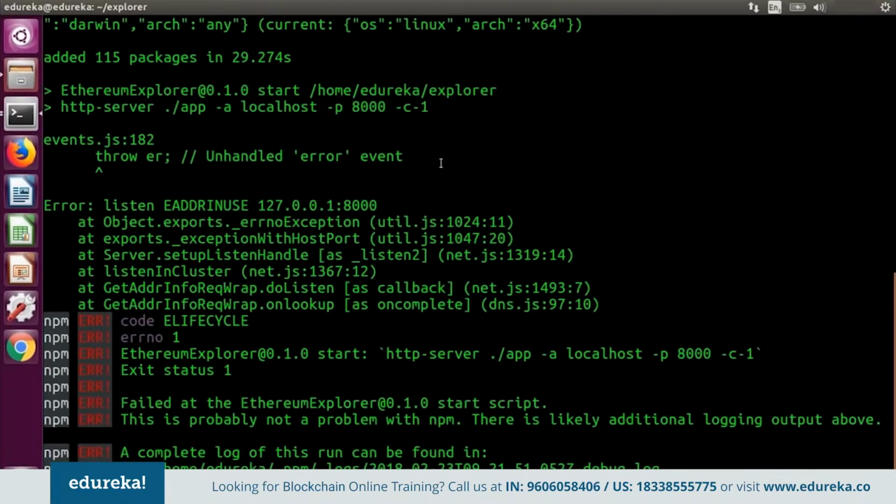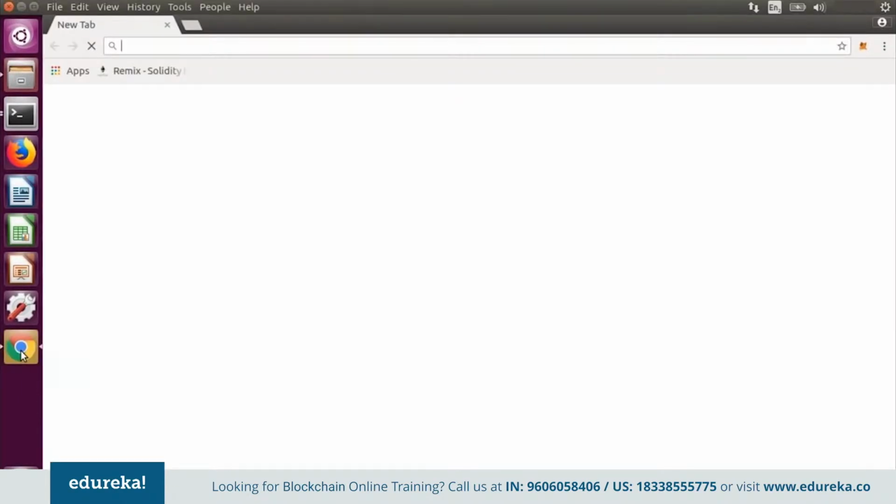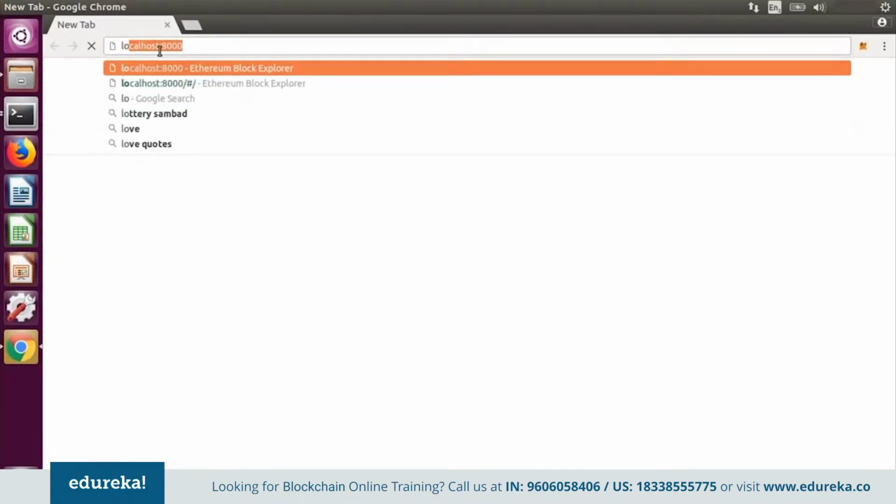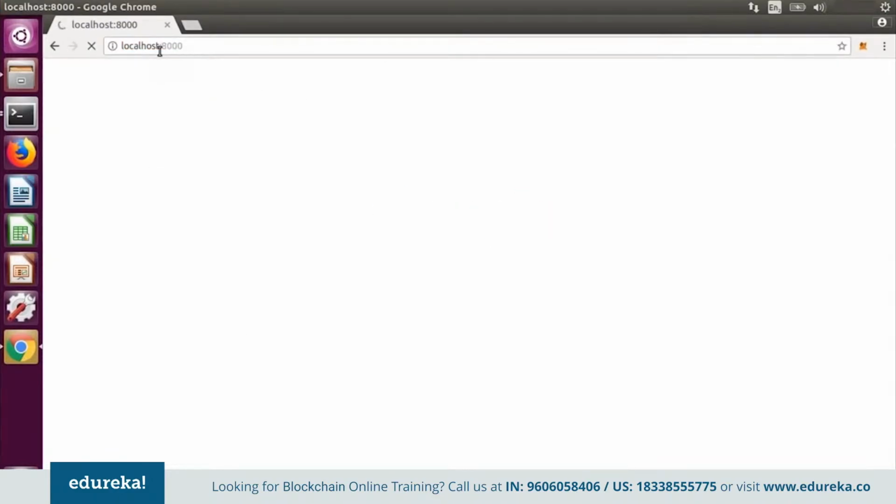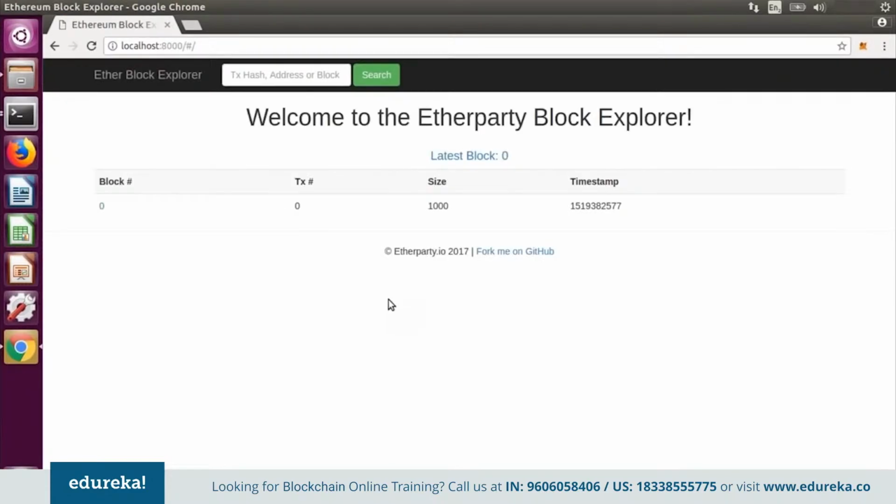Alright. Now guys, if you want to view the Block Explorer, you simply need to go to your web browser. I installed Chrome because it's preferable to me. And then type in localhost:8000 on the browser tab. Now here we can see the Ether Block Explorer page has been opened, and this is where all the transactions are being recorded on the Ethereum test network. So now that we have set up our test environment,